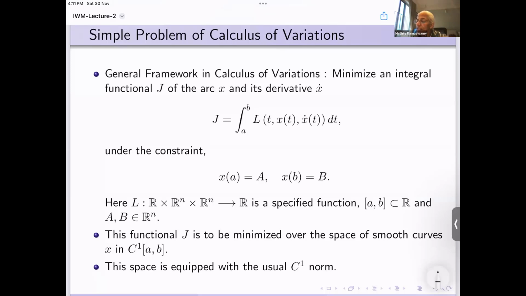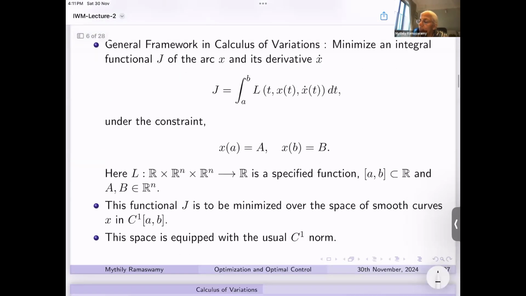here I have mentioned X is in C1 of AB, and the X is sitting as the second argument of a capital L. So that can come from very smooth curves or less smooth curves, so here I have taken it to be C1 curves. X can also come from C2 curves. That is also possible. It's up to you to choose what space you work in. So ultimately, when